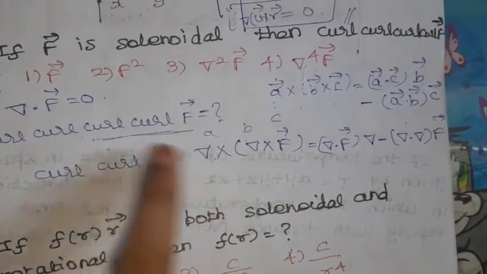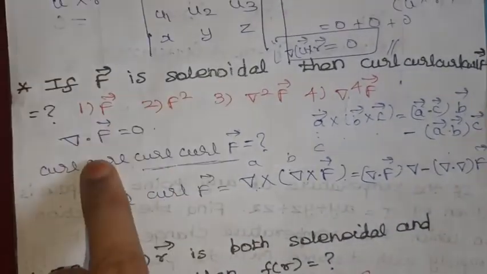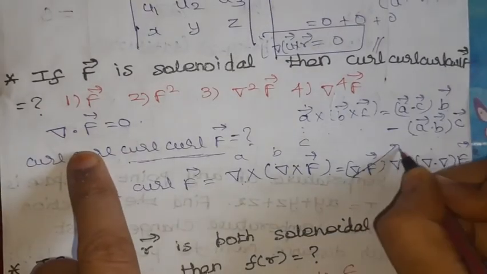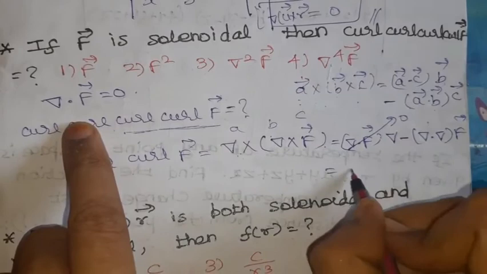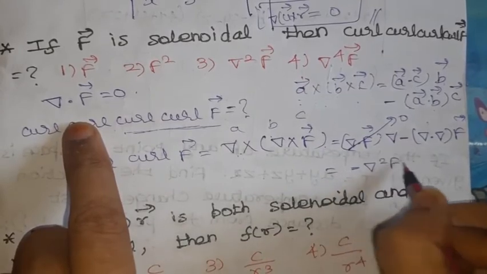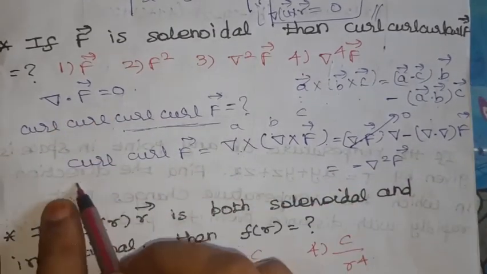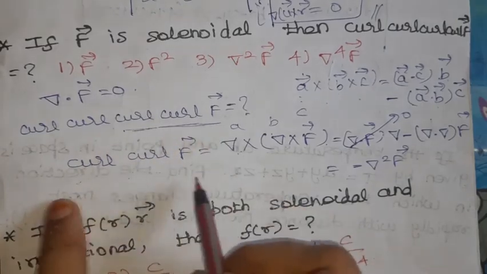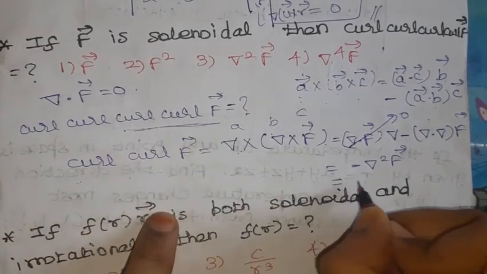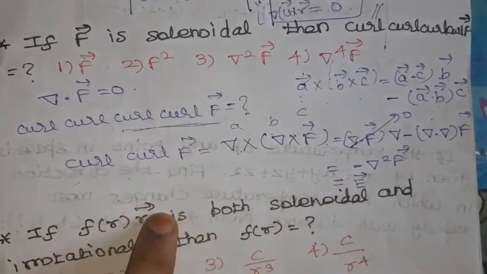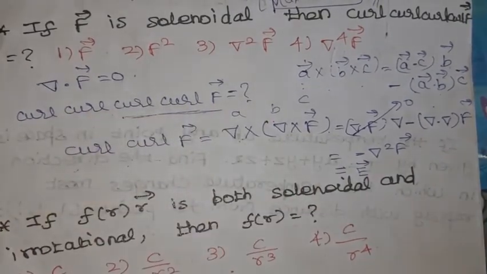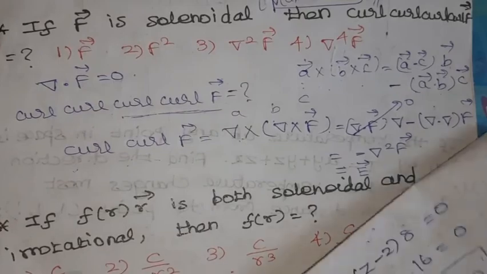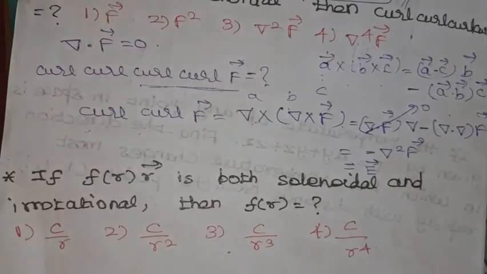So we know that del dot F is given as solenoidal. Del dot F equal to 0. Obviously this term will get 0. So we get minus del squared F. We are taking only curl F here, so let curl F be the E vector. Then we will find out curl of E. So here there is no space, I will use this paper again to solve this. Okay.